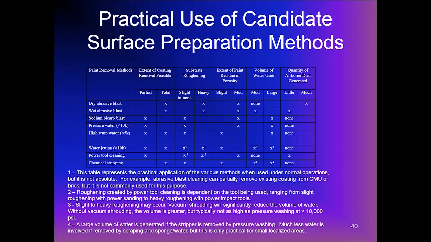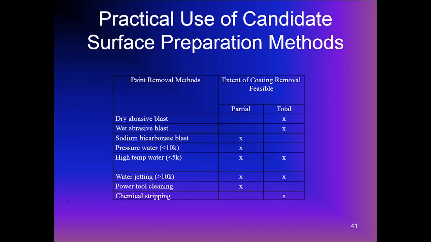All right, so now let's look at all of the methods of removal as they relate to those questions. The questions are shown across the top, and I'm going to go over these each individually. So we'll do it a section at a time with the removal methods down the left. So let's go to the first one. The first one is the extent of coating removal feasible. For dry blasting and wet, you're taking all the coating off essentially. While you can do some selective removal, it's really when you want to take essentially all the coating off, you